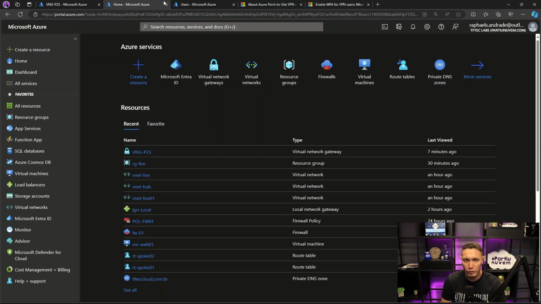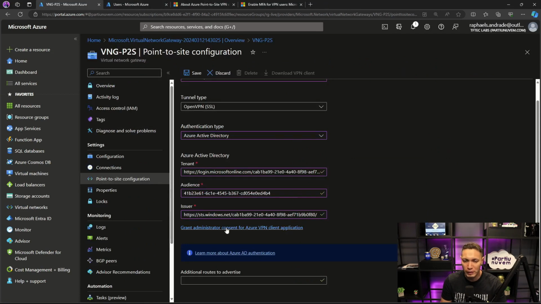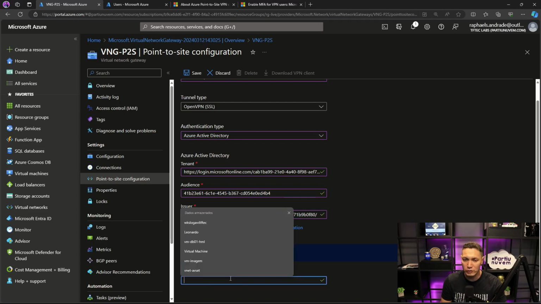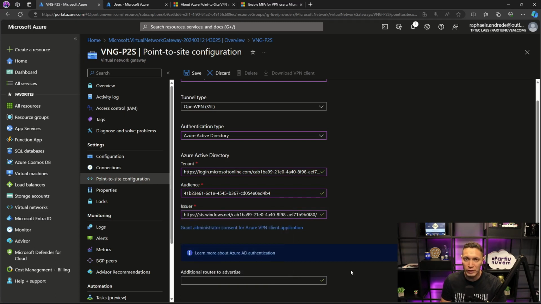Registered, in other words, it just looped there and finished, but this is extremely important. Down here, we have an additional option: custom routes. What is that? These are fixed routes that you can place for your VPN client. So if you have to reach some route and it just so happens that it's not natively in this virtual network gateway,